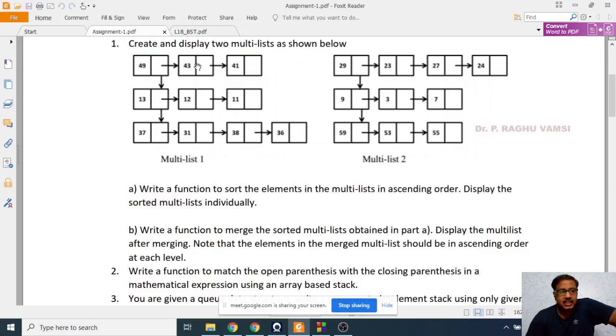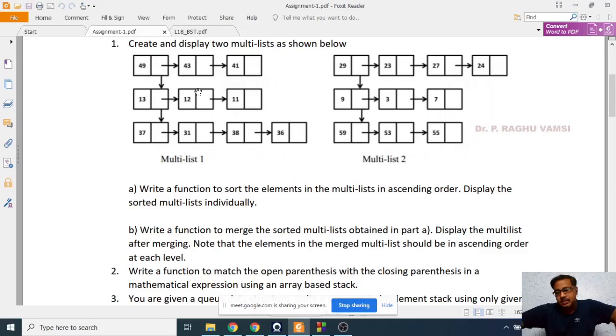The user keeps on giving 0 three times and will enter 49, 43 and 41, and 1 is the row for three times and he will enter 13, 12 and 11, and 2 is the row number that will be entered by the user, and 4 nodes will be inserted: 37, 31, 38 and 36. So here we have considered inserting at end.